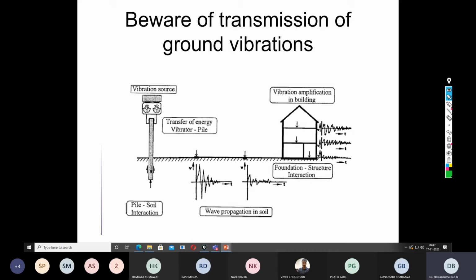So when you use the vibroflotation technique, that's why usually either dynamic compaction or vibroflotation techniques are implemented in open ground where there are no surrounding structures built. So therefore we don't need to bother about the collapse of adjacent structures. But even then you need to make sure that there are no built-in structures surrounding the site where you are going to have the ground improvement by deep dynamic compaction or vibroflotation, in view of the inherent dangers in the form of wave propagation.